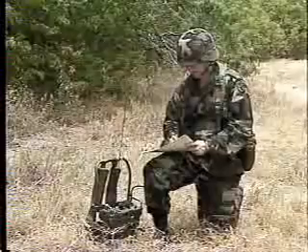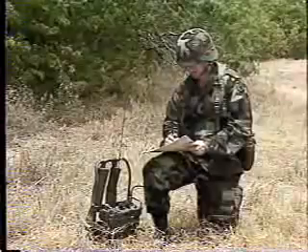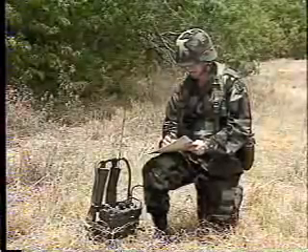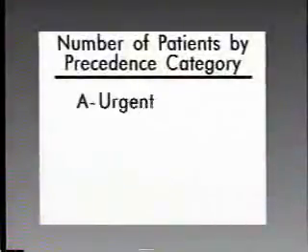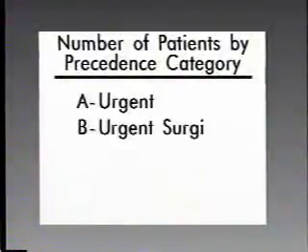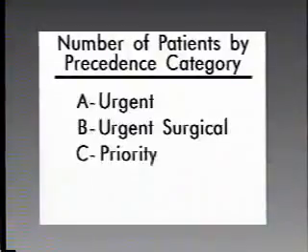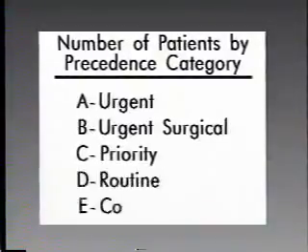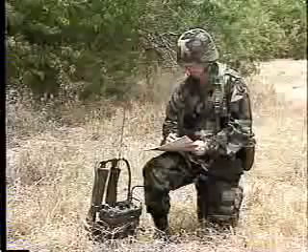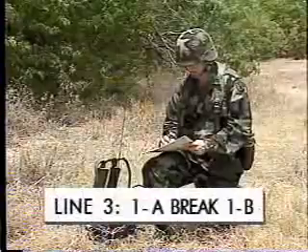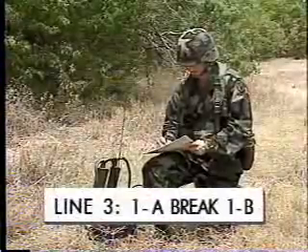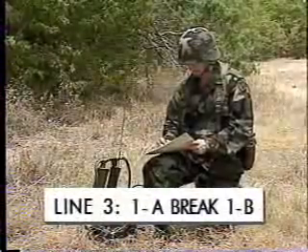Insert the word break between codes as a reminder to release the push-to-talk switch on the handheld microphone. You must encrypt and report the number of patients to be evacuated by precedence category. The precedence category codes are Alpha, urgent; Bravo, urgent surgical; Charlie, priority; Delta, routine; and Echo, convenience. Record the precedence category on line 3. 1 Alpha, break, 1 Bravo means that you have 1 patient categorized as urgent and 1 patient categorized as urgent